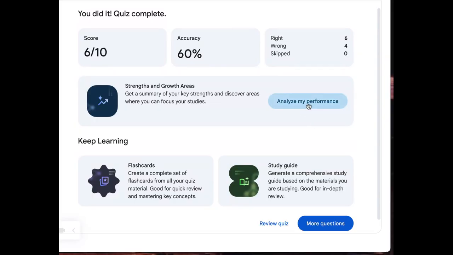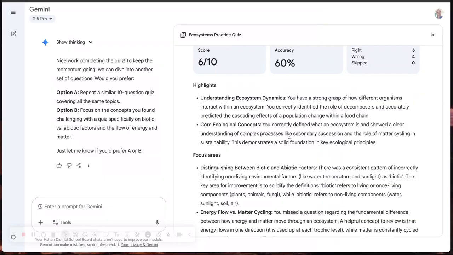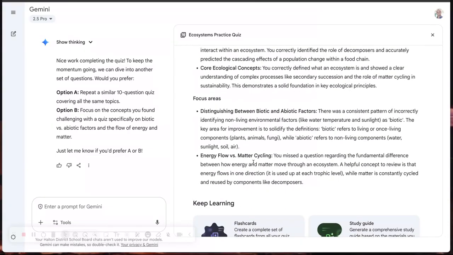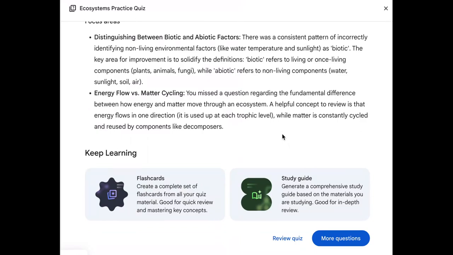It allows you to analyze your performance, gives you highlights, focus areas. Here's where you should keep learning. But it also gives us the option of creating flashcards or a study guide based on the materials you're studying. So if I click flashcards,